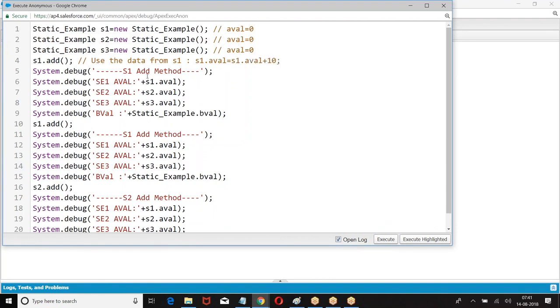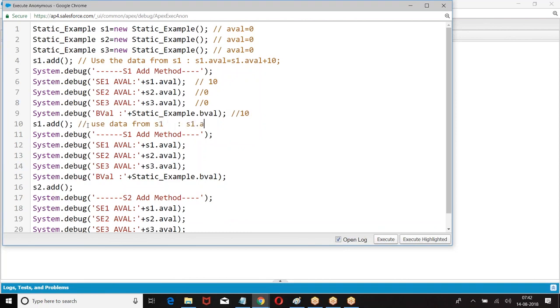So what is the value we are going to get? That is how we got this value as 10. Now what is the value of S2? 0. S3? 0. Now the B is common for every object, so we are going to get 10. Again, use data from S2.